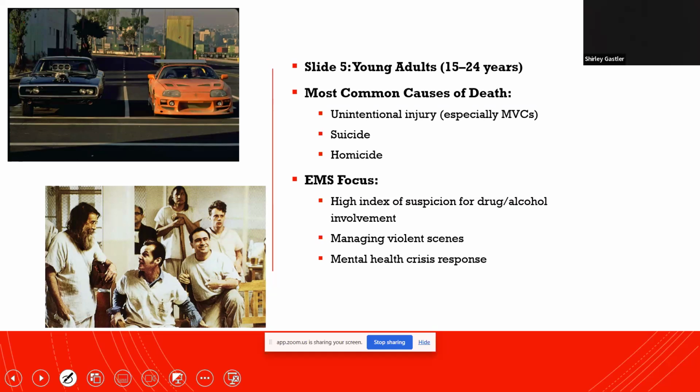Whenever I get a kid that comes in that's altered, even a young adult, you have a high index of suspicion for drugs and alcohol, that are chemicals. Unfortunately, a lot of the stuff, especially things under the sink or the things they may get into, may not pop up on our testing and whatnot. But that's a very common cause of this kind of stuff.